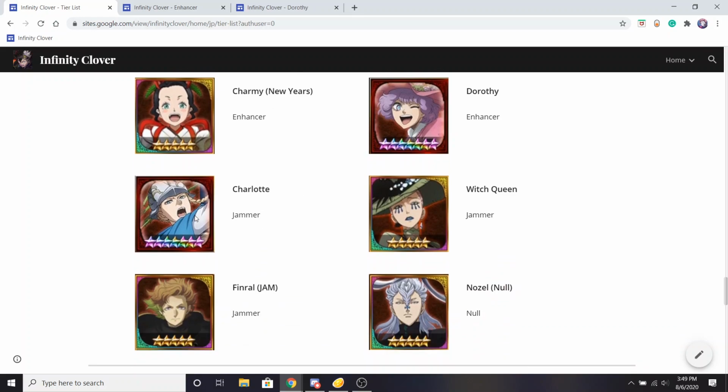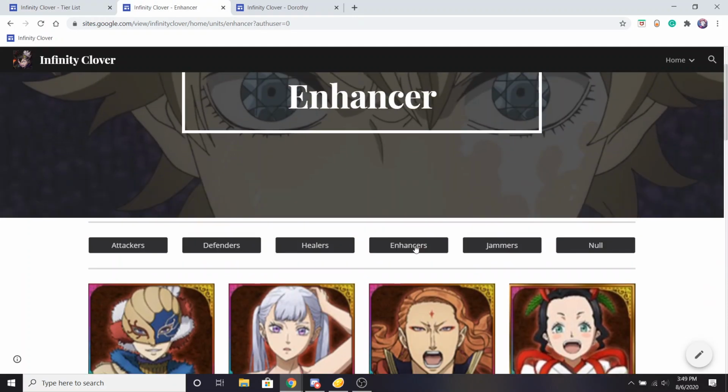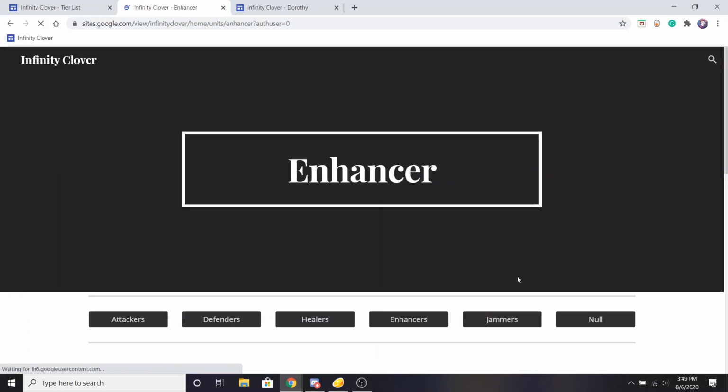Charlotte is really good. Her arcane art is AoE, an AoE defense down and an application of slip, so that's nice. Witch Queen Jammer is still really solid, lowers pretty much every stat in the game, so that's really good. Jammer Finral, with his disruption of putting enemies in the front line, he can increase an ally's crit, and I think it's crit and I think action. I could be wrong,